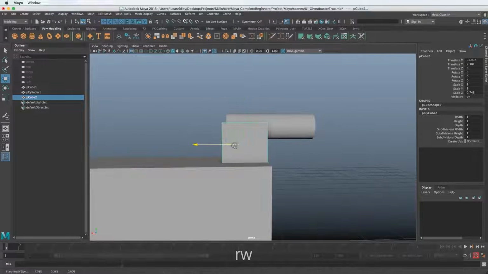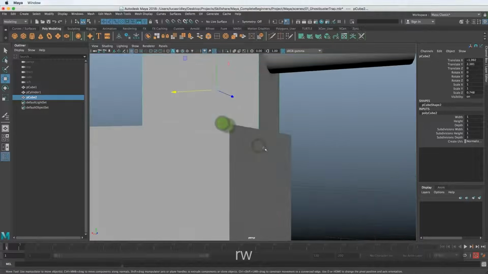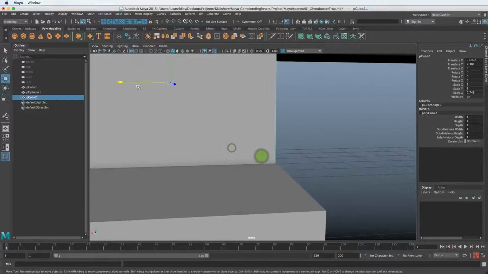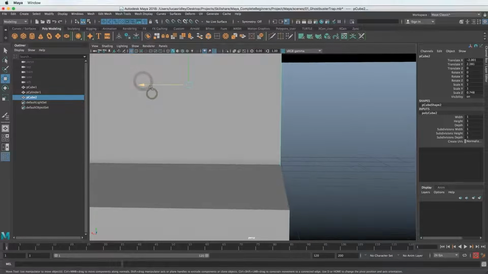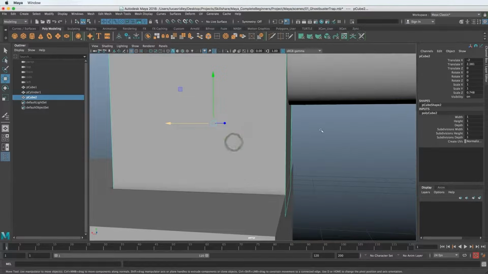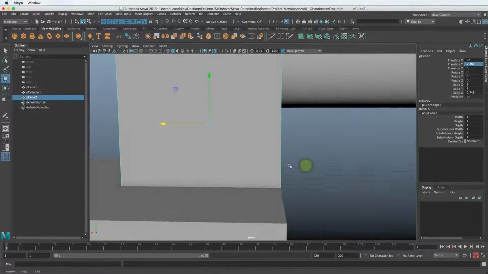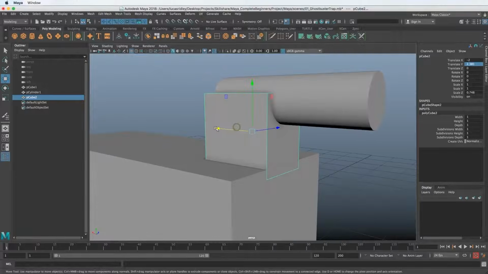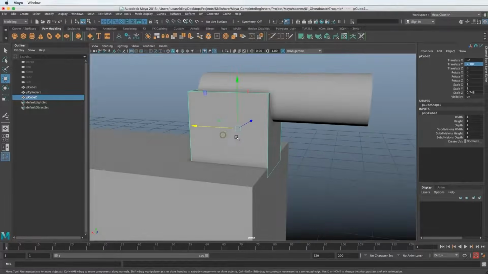So, you know, if we wanted to get this to be exactly on this edge, it might be kind of hard to use the manipulator back and forth. There are a couple different things we can do to move things around and be very specific. Of course, we can go up here and type in a number, but we could just be typing all day and we might not get exactly visually what it looks like. So to know that we have snapped to that, we can use the snapping tools. But the snapping tools go based off of where the manipulator is.